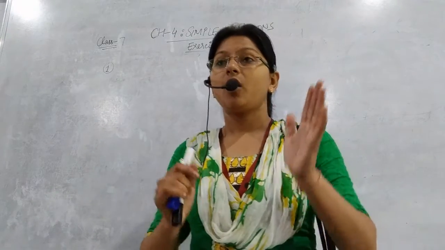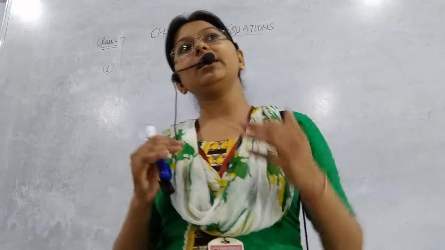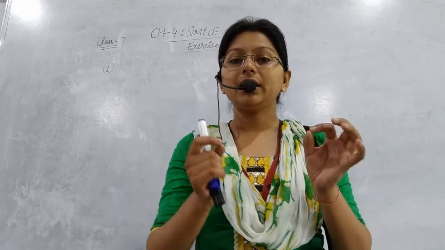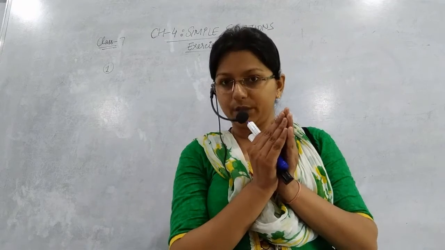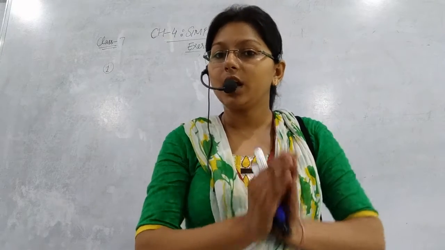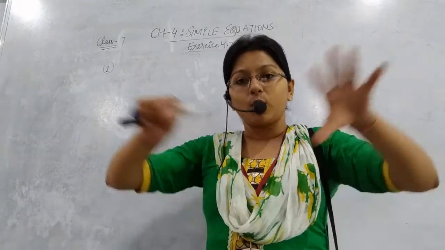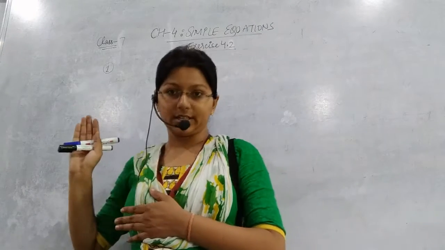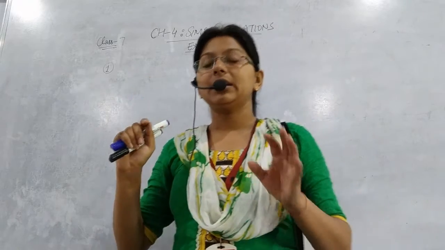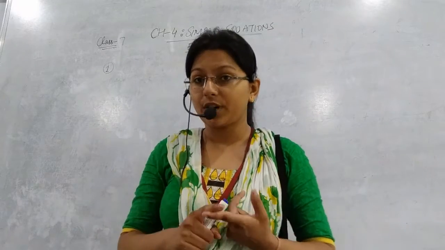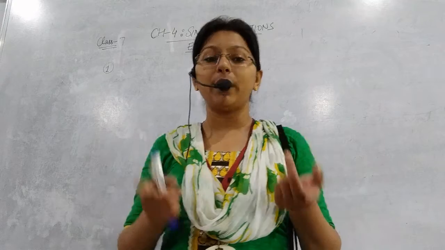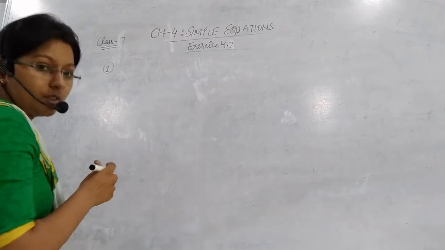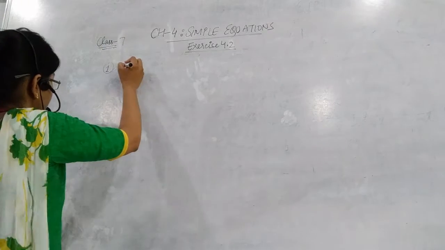ठीक है, और ये जो भी हमारे स्टेप्स हम लिखेंगे, वो should be in that way that we have to separate the variable. We have to make it alone. Whatever is around that variable, we will shift it to the right hand side. Shifting will be done in case of transposing, but here we have to balance. So just see how we will balance it. First question, A part is,